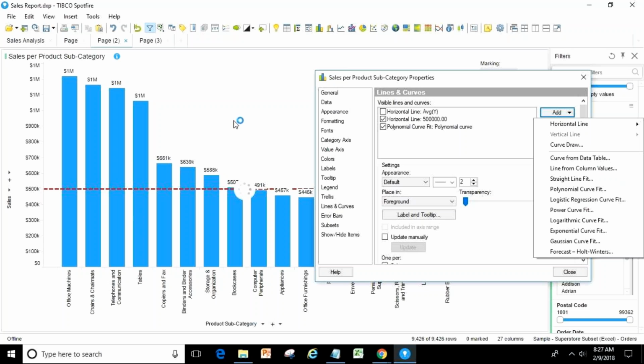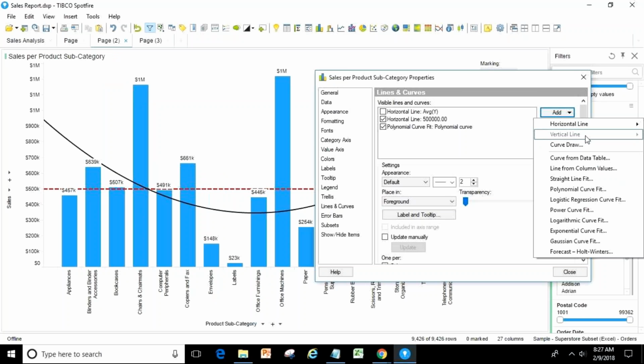Also, if you see, the vertical line is grayed out. Why is it grayed out? Because a vertical line can only be created on continuous values, not on categorical values. String columns, it cannot be created. Here you see the horizontal line. It means you are giving some number based on which the line is created, isn't it? Say 10, 20, 50, 100, 10,000, 1 lakh, 1 million. You are giving some number. On top of that only it is creating, isn't it?